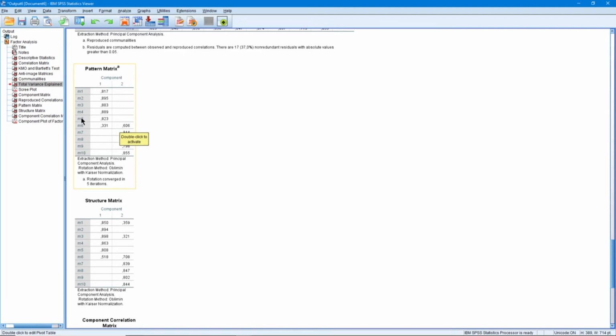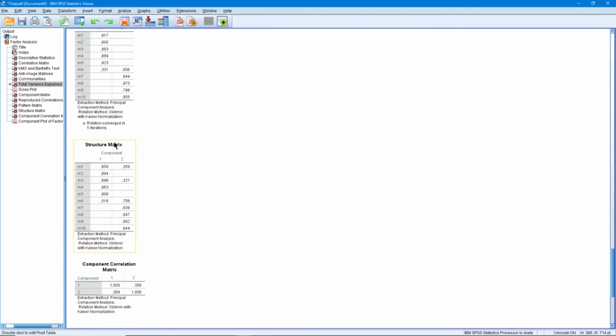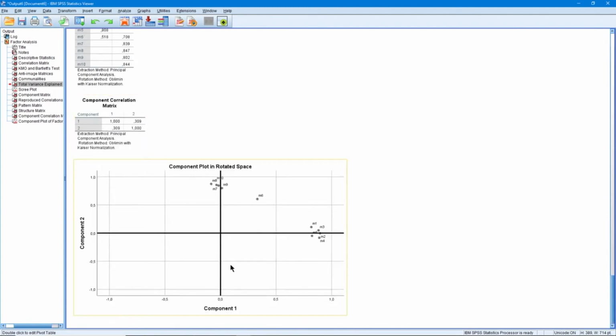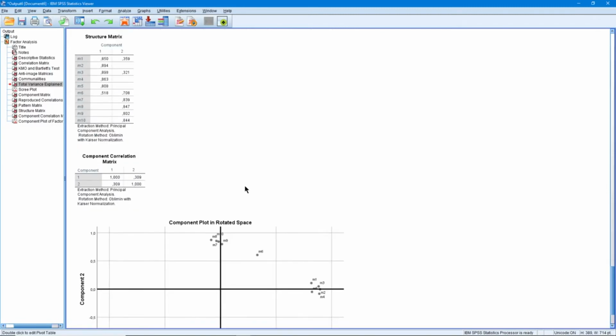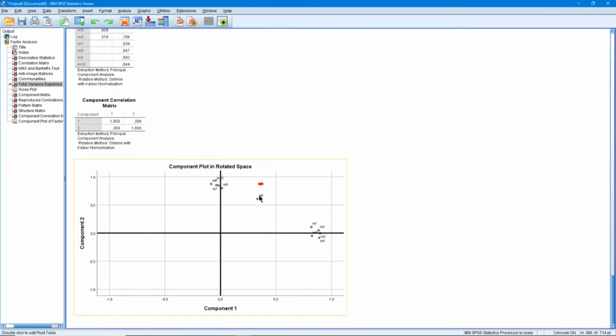Therefore, we can say that the first, second, third, fourth and fifth items of the scale here are in the first subdimension, while the 6th, 7th, 8th, 9th and 10th items are in the second subdimension. In addition, we can more easily understand what this table means through the graph here. If we pay attention, there was a case of loading in both subdimensions even though the 6th item was not overlapping. That is, the difference was not very small.